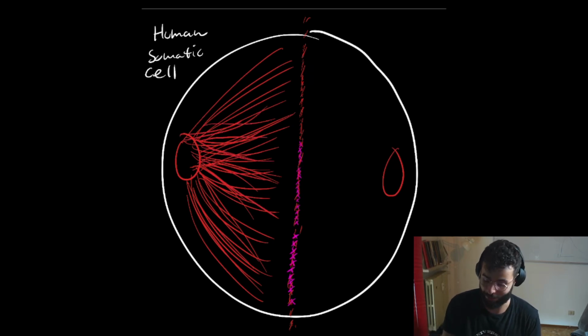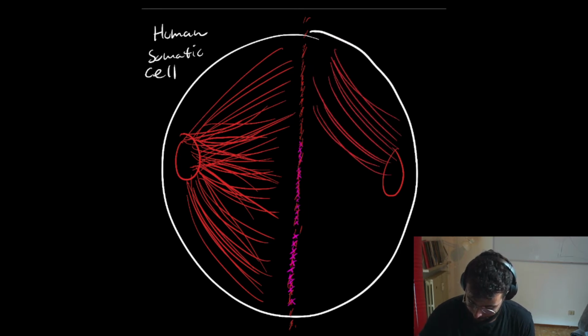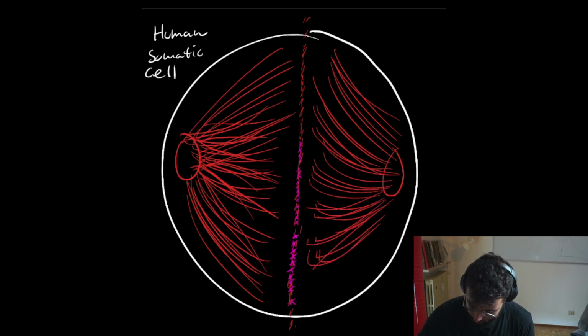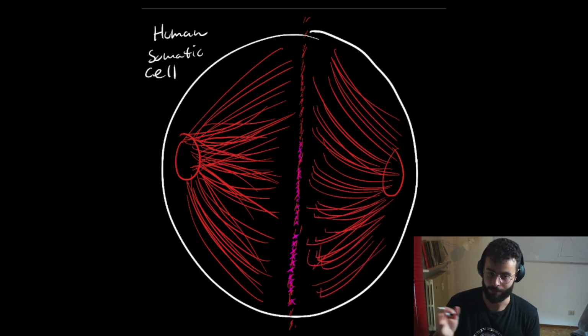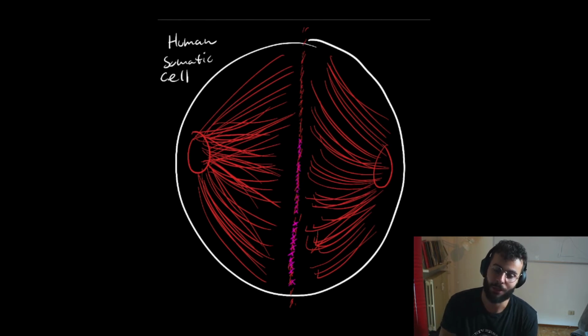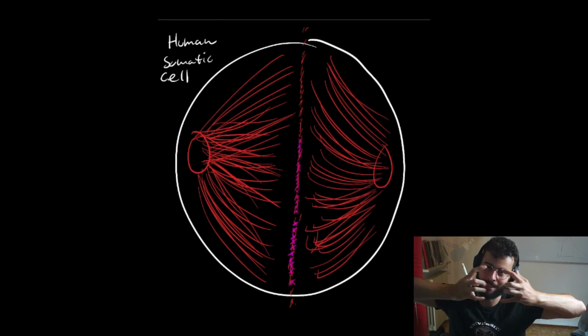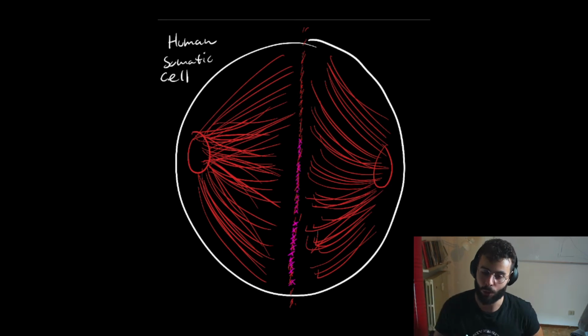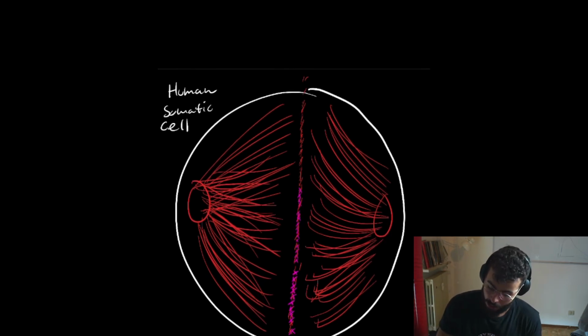46 on this side, 46 microtubules, and the same for the other side. Imagine they are connected to the chromosomes in the middle. Why is it important? Because once we separate all the following structures, and once we cause the sister chromatids to dissociate from each other, and we are going to have double the amount of centrosomes, we are going to go